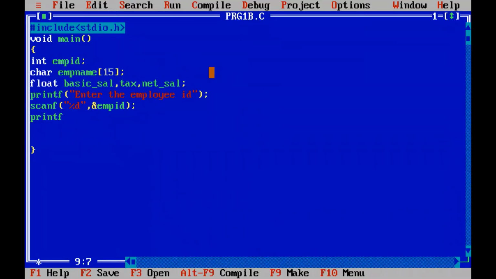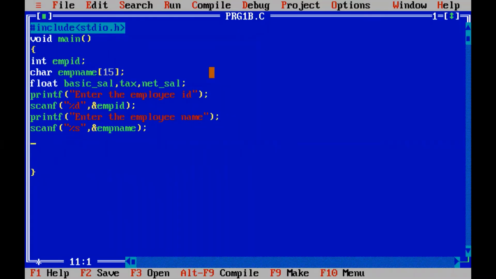Then the next line is printf. We will be asking the user to enter the employee name. Scanf. We will be accepting the name. So it is percentage, what should it be? Percentage S. We are accepting only the first name now also. But later I will show the programs, in order to make it the simplest program so that it gets executed. I'm giving this now, but later on we will be changing it. Okay. So we will be accepting the employee name.